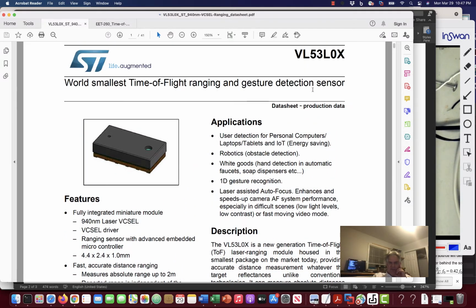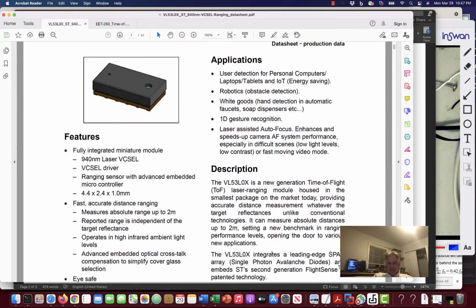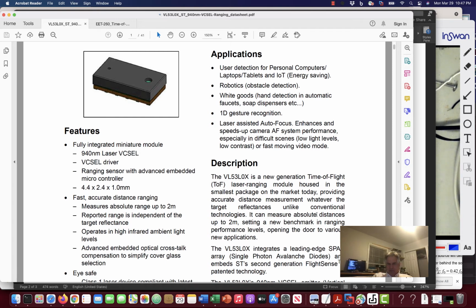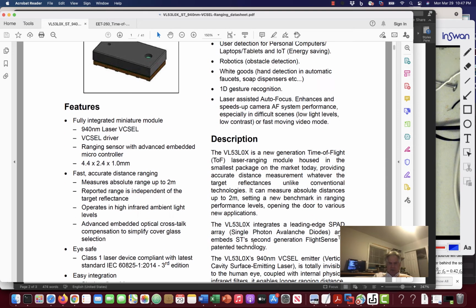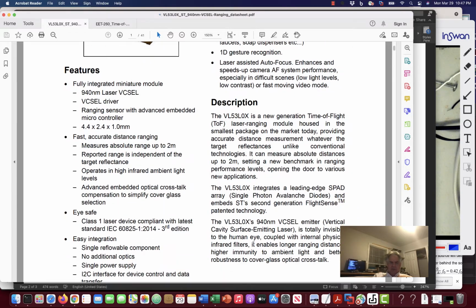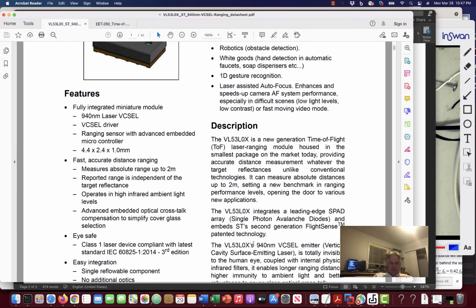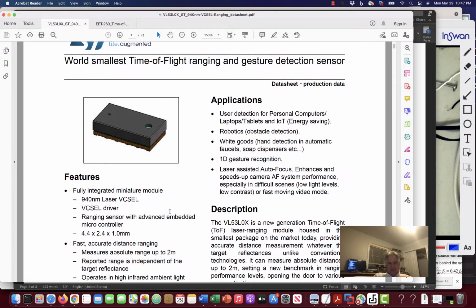But this VL53L0X is quite a thing, and you can do autofocus because you can measure distance to something. This one says it can measure absolute distances up to 2 meters. I've seen that you can get some of these that are optimized for, say, up to 20 centimeters, and others up to 2 meters, and I think they can even do farther. But the point is, it's a time of flight sensor, and you'd hook this thing up to a microcontroller and you'd measure some time, and